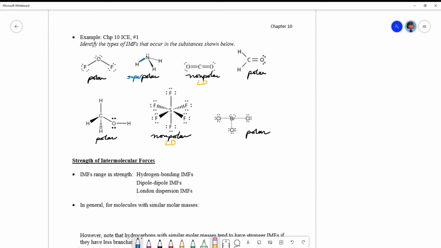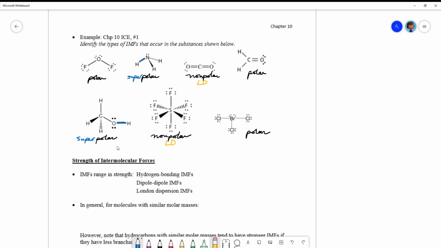At the end, we have formaldehyde, and again, I'm not seeing oxygen attached to hydrogen. There's oxygen and there's hydrogen, but they're not bonded together. So that's going to be regular polar. But over here in methanol, we've got a very prominent oxygen atom bonded to a hydrogen atom, which is going to make this superpolar. And we neither have oxygens or hydrogens or fluorines or nitrogens in the last molecule,